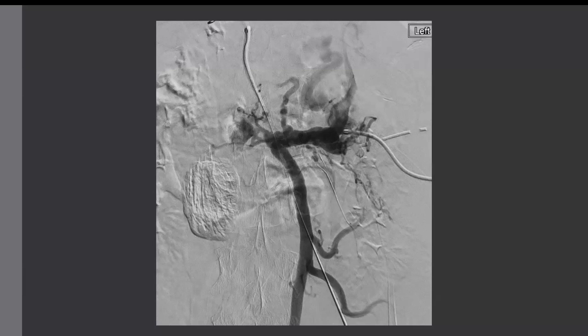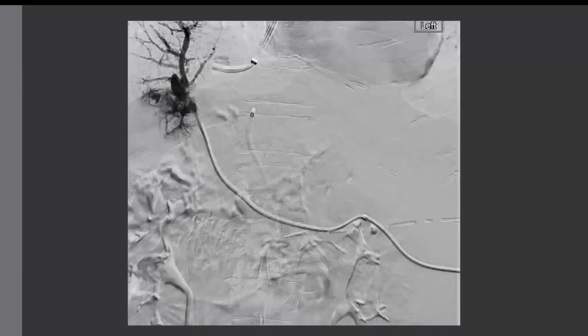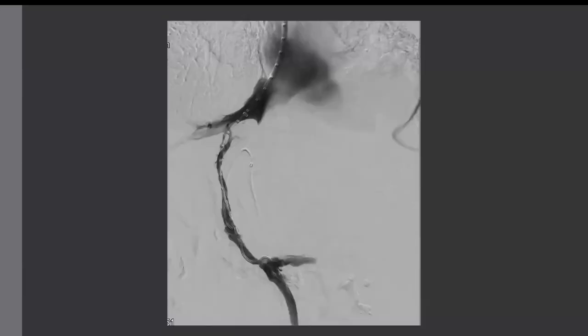So your goal is to find the true portal vein. And the indicator of that most commonly is if you see the left gastric vein coming off. Unfortunately, I don't have a great image of that, but the left gastric vein always comes from the main portal vein. So once you see that, you're in the right place, and you're not going to see it if you're in some little